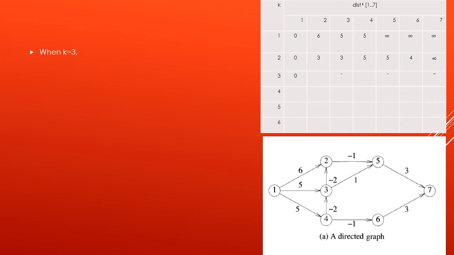Next, in the next slide we'll find for distance 3 of u. Now we'll find the distance for k equal to 3 iteration. First we'll find distance 3 of 2. So previous distance of node 2 is 3, that I have noted down, and just check 2 is connected from which other nodes, that is only 1 and 3. So remaining 4, 5, 6, 7 are not connected, so we'll get it as infinity. So 4th, 5th, 6th, 7th nodes will get new distances infinity.